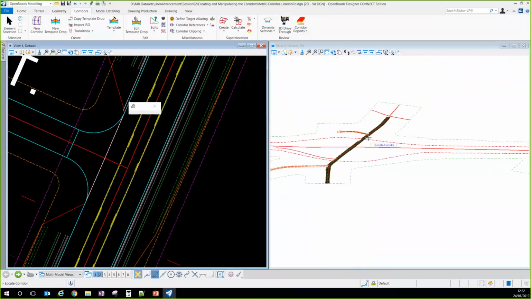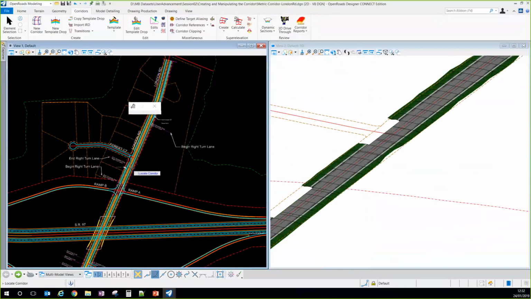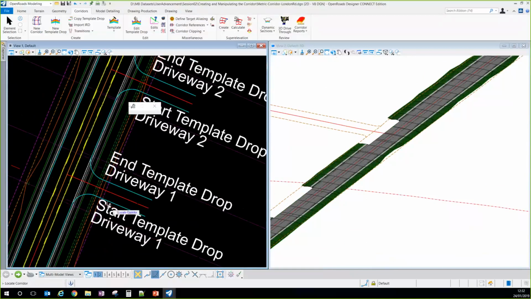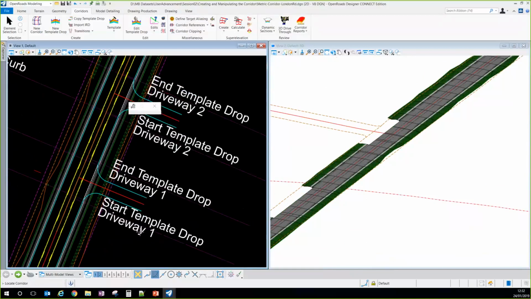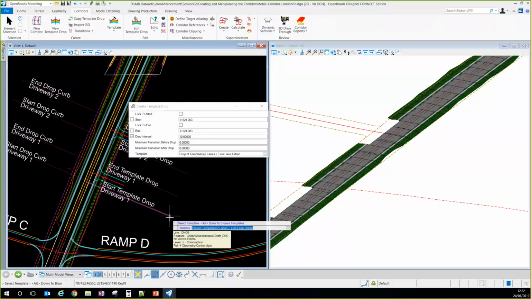And you can see in the 3D view, it has been clipped at the intersection. The second method is simply to create a new template drop where you have your intersections. Here we try it at the driveways. So you create a new template, you select your corridor, and we will keep the same template. You validate the station, the template, you select the stations,